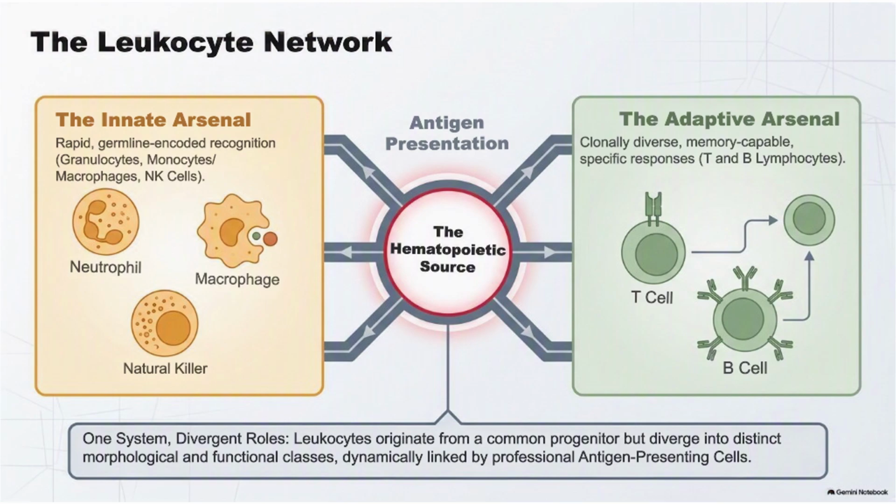Adaptive immunity works differently. This is where B and T lymphocytes become especially important. These cells can generate an enormous diversity of antigen receptors, allowing individual lymphocytes to recognize highly specific molecular targets. Once the appropriate lymphocyte encounters its target and receives the proper signals, it can proliferate, differentiate, and generate a highly targeted response. Some can also persist as memory cells, allowing the immune system to respond differently when that antigen is